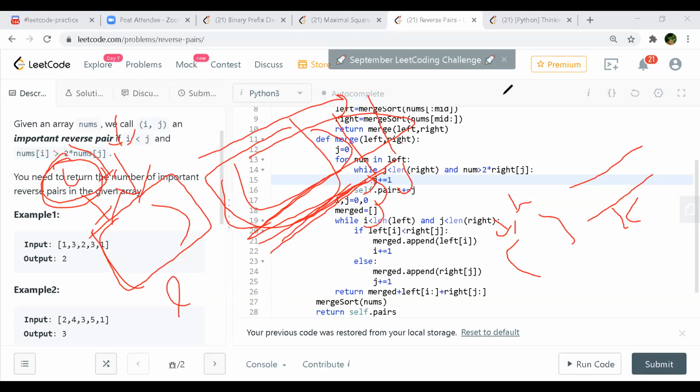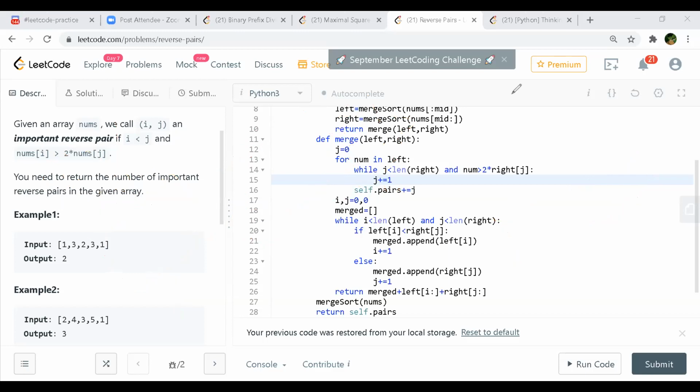But in the code you're doing that, right? No, you're not doing it. He is just initializing j once only. Yeah, only once I'm initializing. Worst case, you won't find any right side element which satisfies the condition, so you're only doing it for one element. I'm not repeating that again and again. I'm already using the previous results. That is the advantage of merge sort, I'm getting it now. Okay, now I understood. I used a for loop first and it gave TLE.